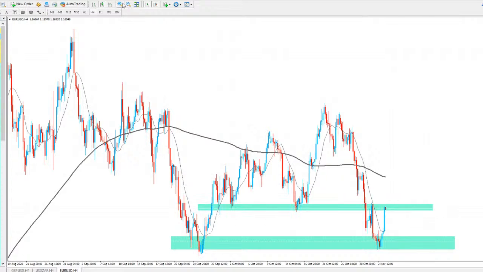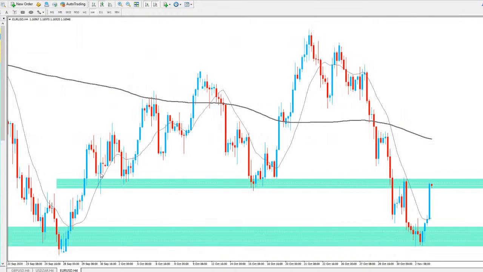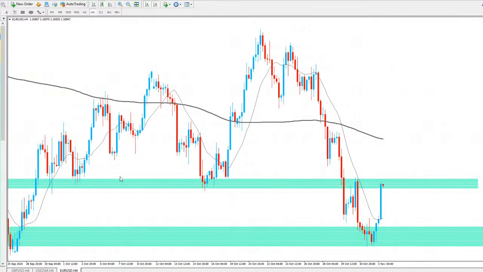As you can see, if I zoom in on the 4 hourly chart, it's got some wicks there, support there again, resistance there, and time resistance there as well. So we do have some resistance that the price is currently in. Unless we see some big bearish momentum coming back into the market, then we can potentially see this holding. But with that strong bullish candle, it looks like we could be seeing a break of that area.